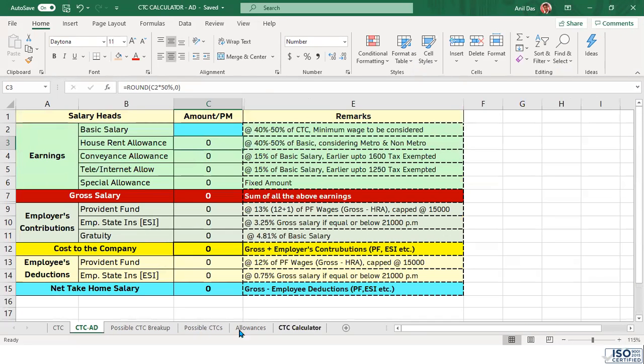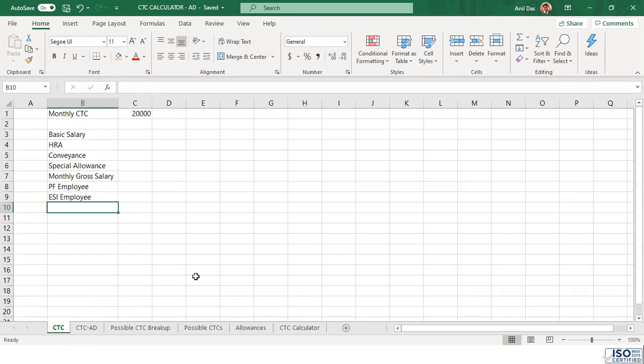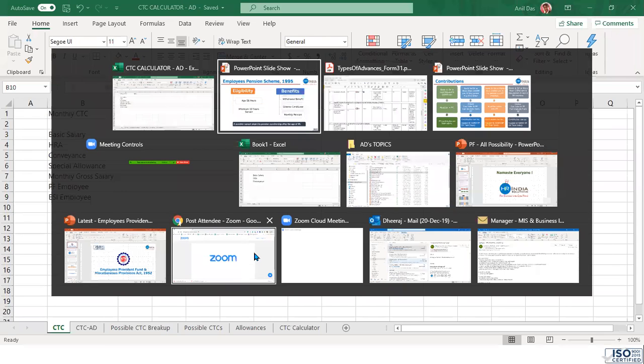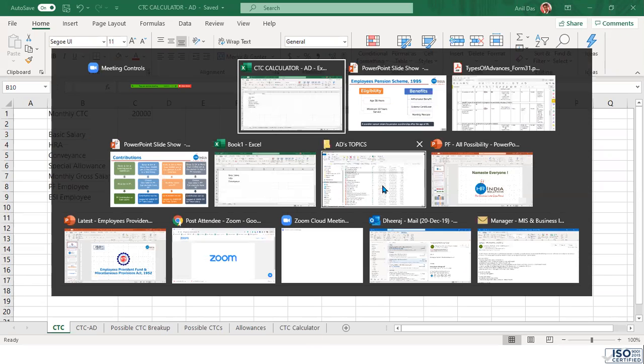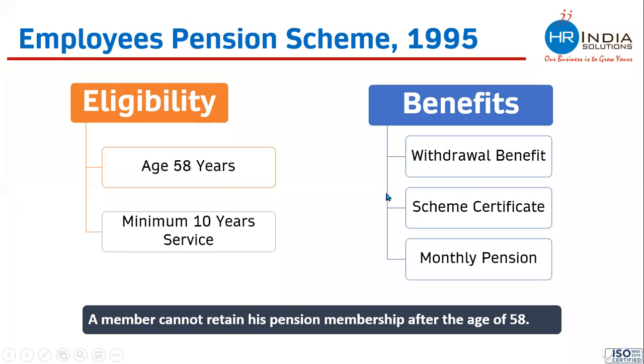7,500. I have lost that. Give me a moment, where my Excel sheet has gone. Fine, let me come back to this only. Monthly pension, we have seen, cannot be more than 7,500, whatever is your salary.